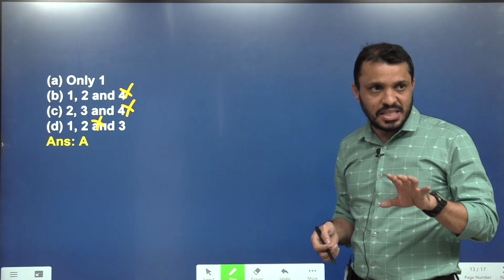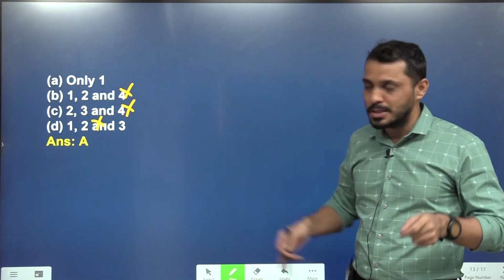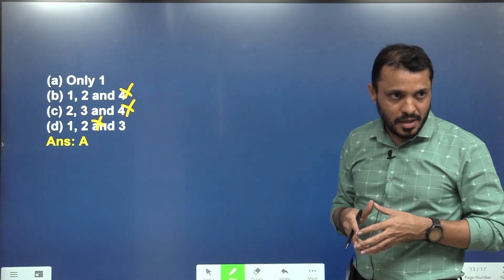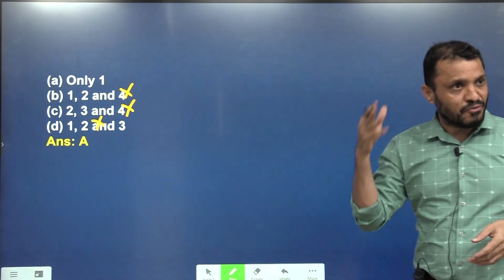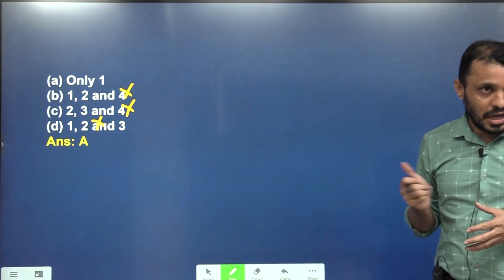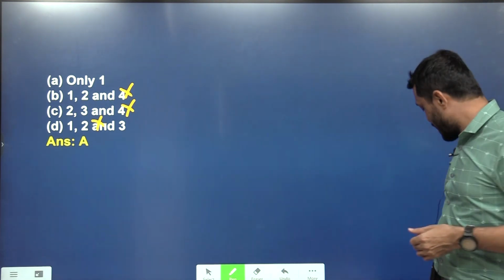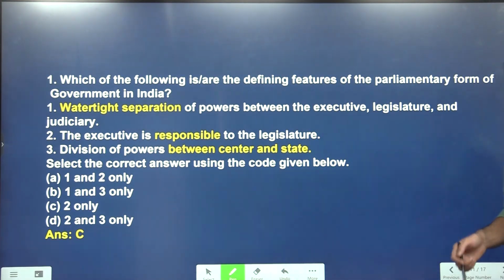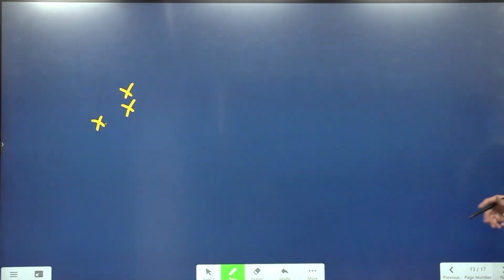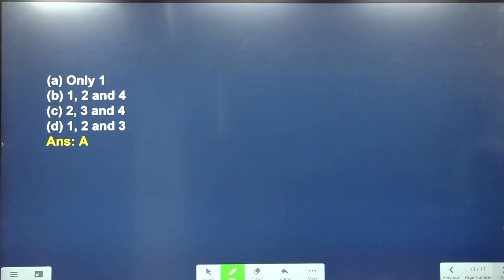The only thing is, 70 to 80% preparation is enough. With that knowledge, you should be able to eliminate the other options. You will get whatever marks you require. 100% preparation is a myth. You never achieve it, even if you read for UPSC for 4 or 5 years, like a 5-year plan. Are we clear? So this is about the second question regarding the salient features. In the first question, our knowledge was tested on the parliamentary form of government, and in the second question, our knowledge was tested on what is present and what is not present in the Indian Constitution. Okay, next.